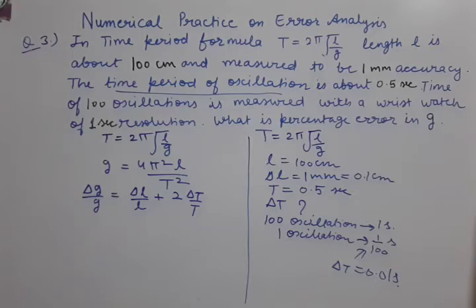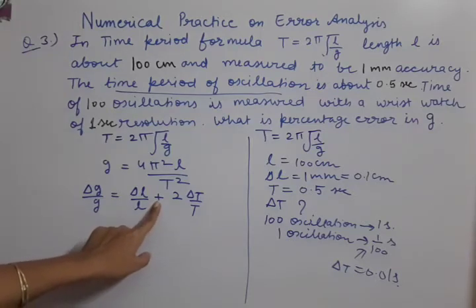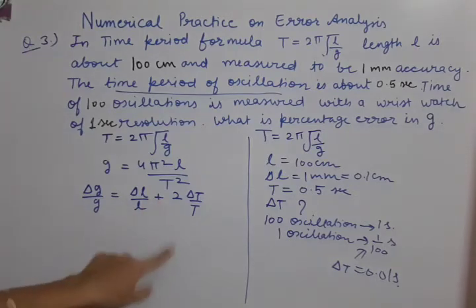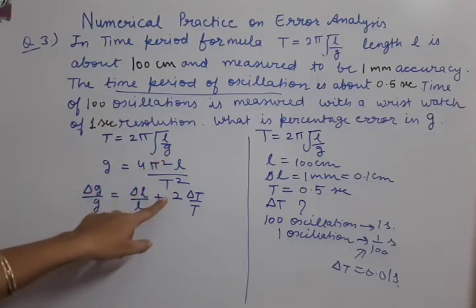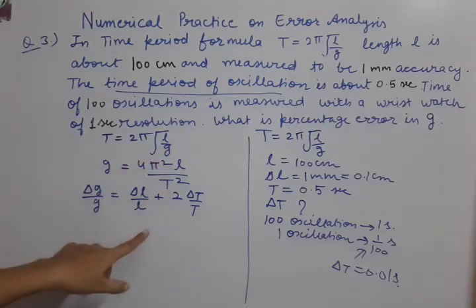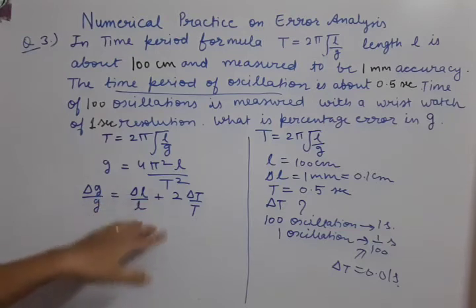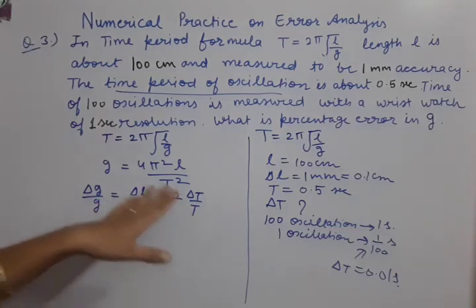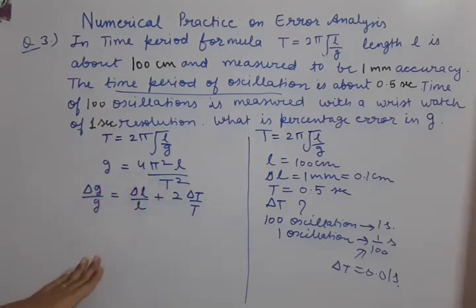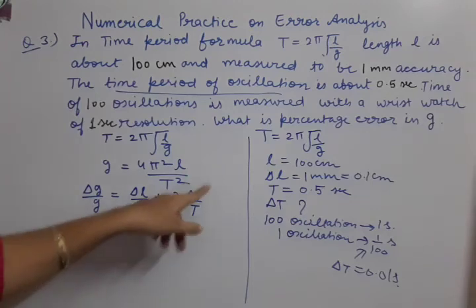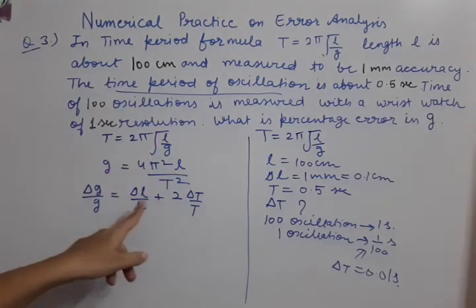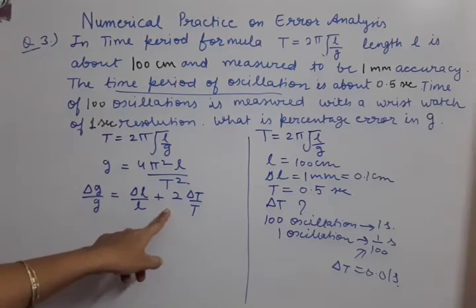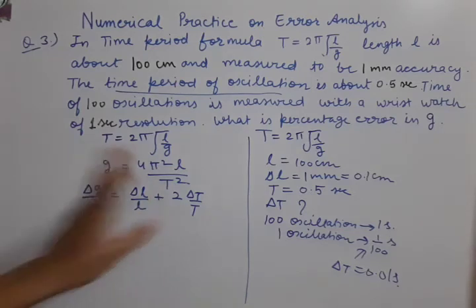So remember students, we don't write minus sign in the errors. Errors are always added. Whether we have division operation or multiplication operation or power operation, in all those cases errors are always added. Just that power comes in front. It will not become -2, it will remain +2 only because errors are always added.